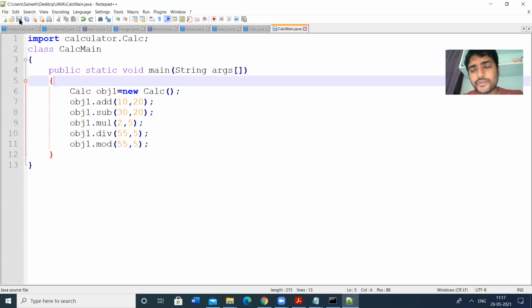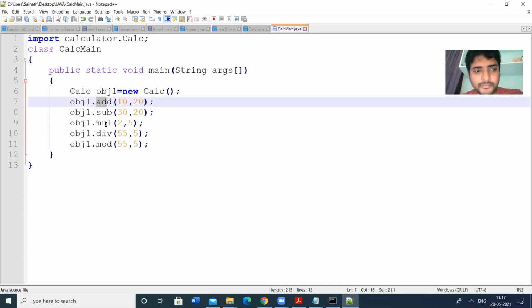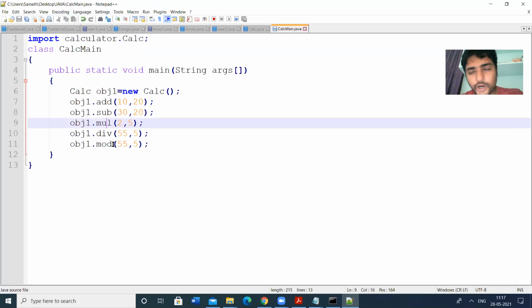So here I am going to use the calculator package. The add method, sub method, mul method, div method, mod method, all these methods are not created here.